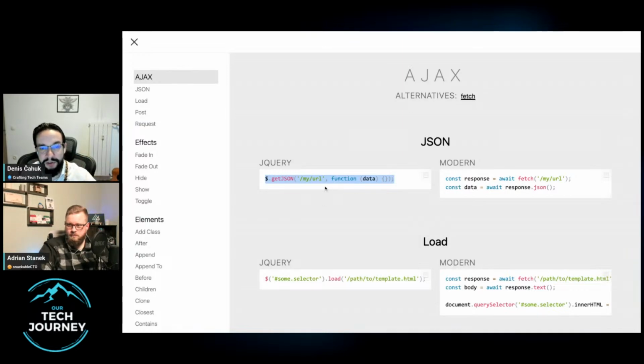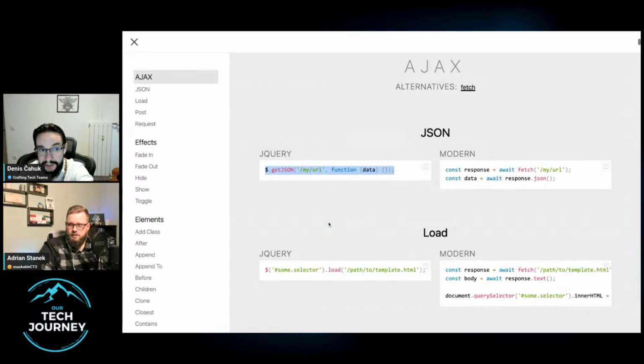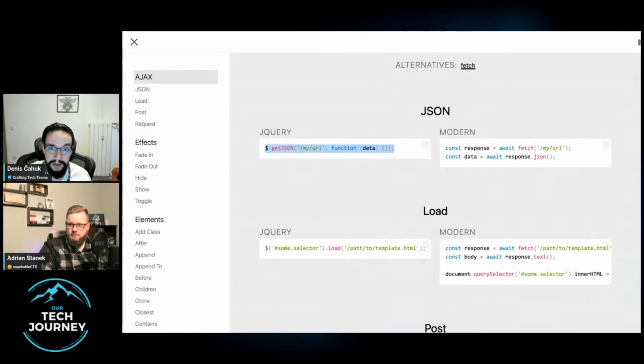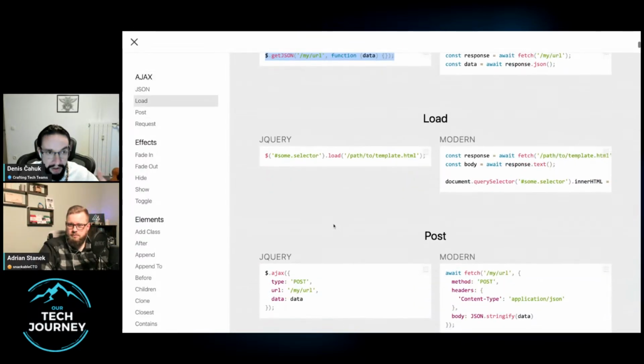Because jQuery did it for the first time and they invested a lot of effort into creating something like this, these APIs were created, standardized, based on how jQuery implemented them. So they were the innovator that set an example for the standards body to adopt into common usage into all browsers. Yeah. And we see that as well with React.